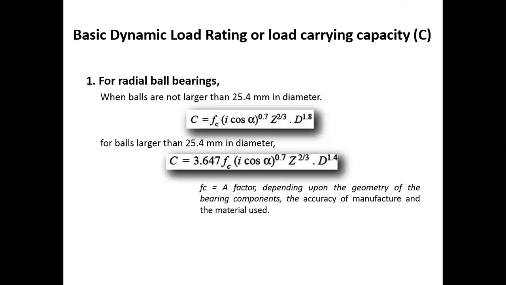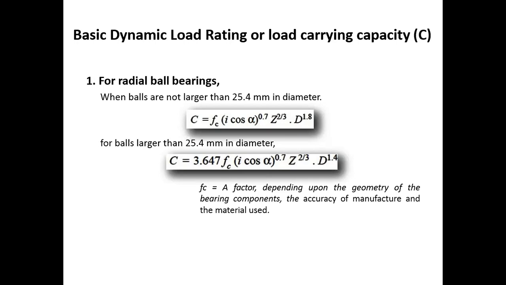What is the basic dynamic load rating? The bearing is used to support a moving element, right? So, due to the moving machine element, the working load which is produced on the bearing during the working operation, the force or the load which is acted on the roller or ball bearing, is called the basic dynamic load rating, or you can say the capacity of the bearing to carry the